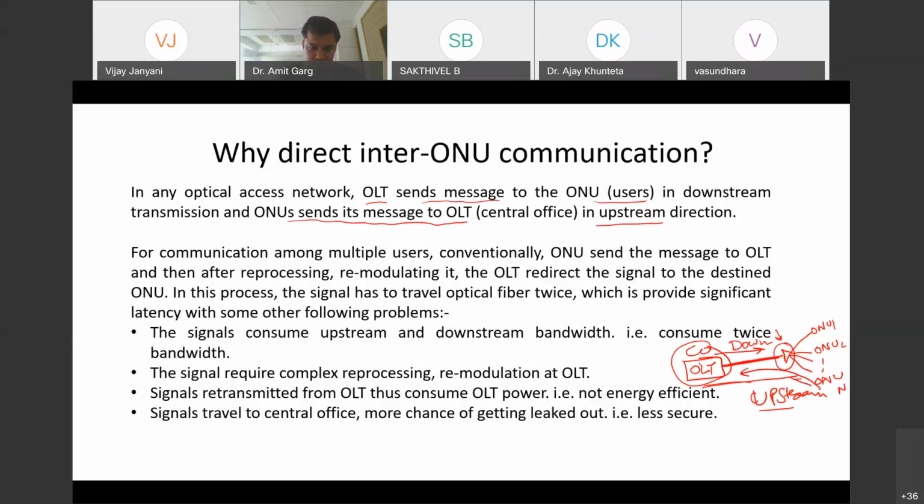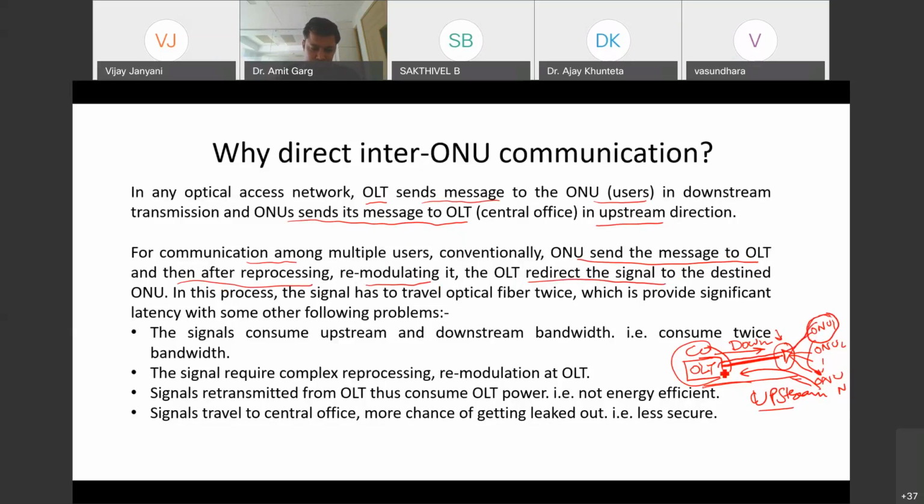So now what happens for communication among multiple users? Conventionally, the ONU sends the message to the OLT and then after reprocessing and remodulating, the OLT directs the signal to the destined ONU. So in a conventional setup, if this ONU wants to communicate with, let us say, ONU-N, there is no alternative but for this ONU to transmit the signal to the OLT.